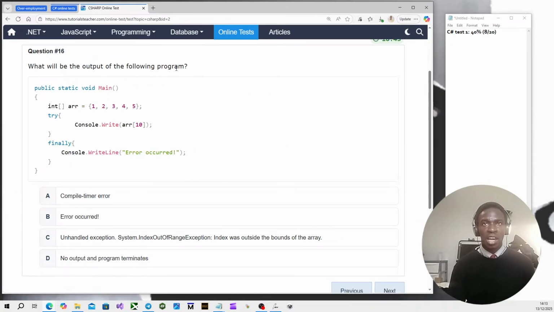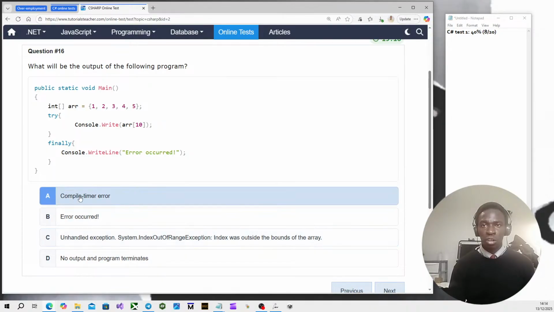What will be the output of the following program? So again, I'm populating an array. I haven't really defined the bounds of the array, but I think that's fine. Try console. Unless I'm wrong, guys. If I'm not mistaken, I'm trying to access a slot here that doesn't exist. A 10th element where there's only 5. So try finally. Wouldn't it be try catch? Why would it be try finally? Wouldn't it be try catch?